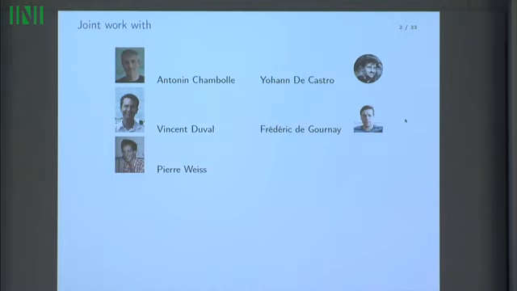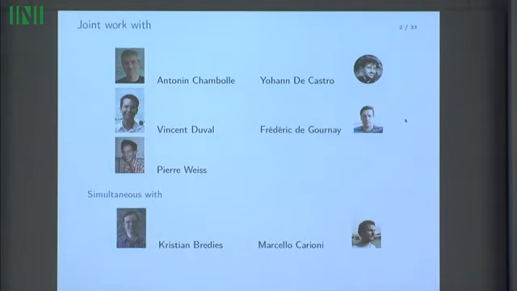And right after we posted this work on arXiv, we found that Christian Bredies and Marcello Carioni had some similar results. So I know what you're wondering about is what is the transportation map between Christian Bredies and Marcello Carioni, between all these people. And I would say that it's unbalanced optimal transport because all these people are really smart.